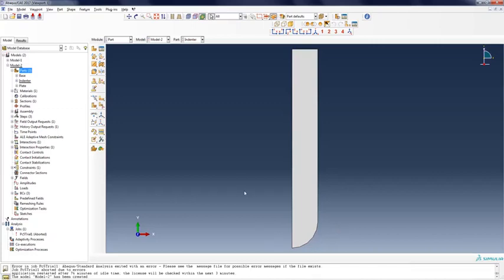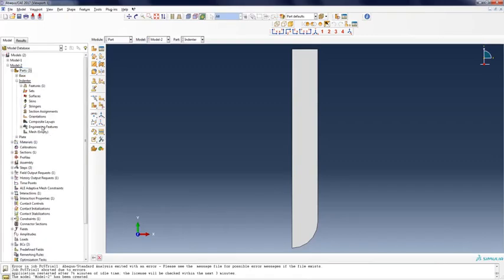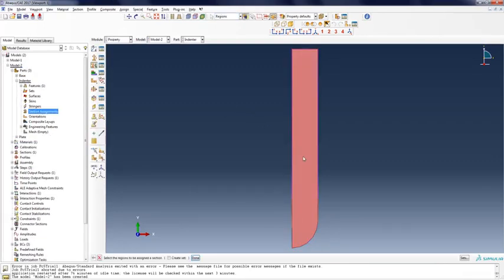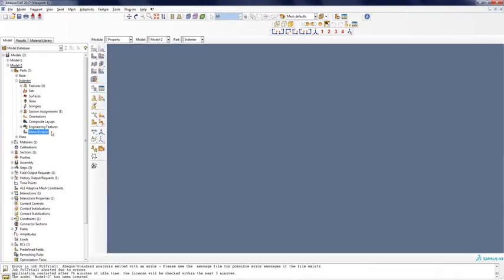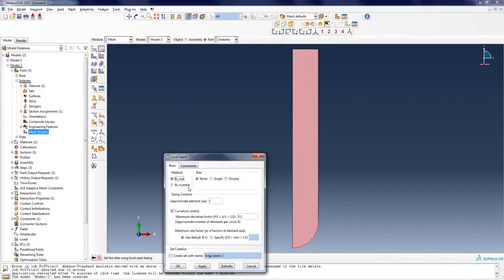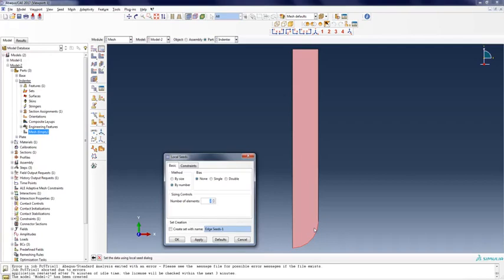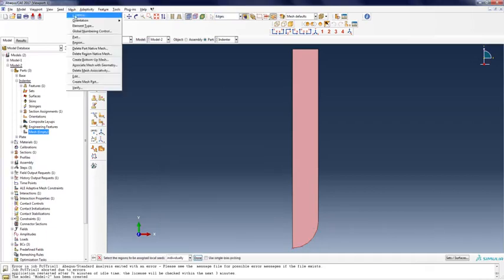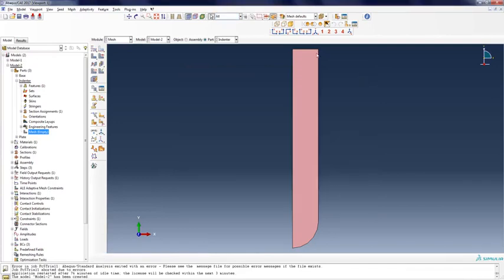Now it's an arc. And as usual, we allocate a section. We have the section already defined, we can reuse it. We create a mesh. Here, the mesh that matters is the point where it comes into contact. We want to use a fine mesh. We could use 4. Let's start with 4. And then we mesh it. For this one, element type doesn't matter, so we just mesh the part.